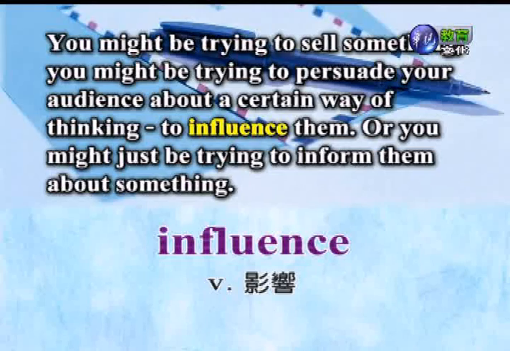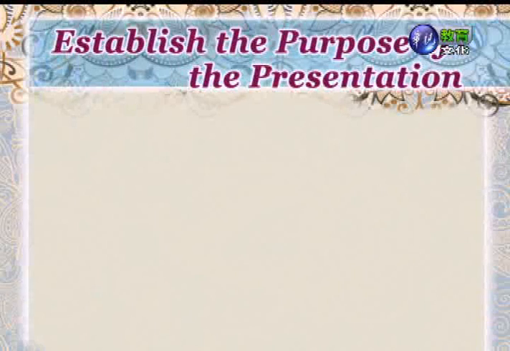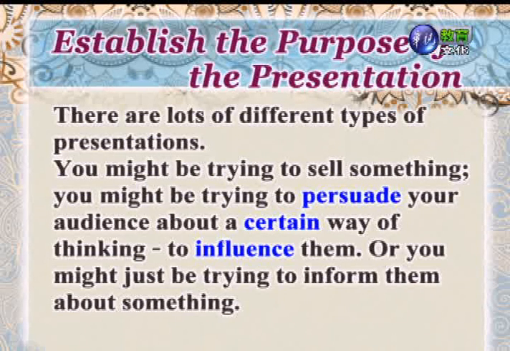It's a verb. 好，我们再看回来这段的课文的内容的部分。我们看到在这张字卡上面的话呢，我们有个标题，这个标题的意思就是说要建立简报的一个目的。我们看到这边 purpose 的话就是目的的意思，所以呢，我们看到这边的意思就是说有非常多种不同 type 的一个简报，type 就是类型的意思。比方说，你可能是试着要去 sell something，就是说你想要去 sell，就是推销某一样东西，然后呢，你想要去说服你的观众。那这个观众的话就是